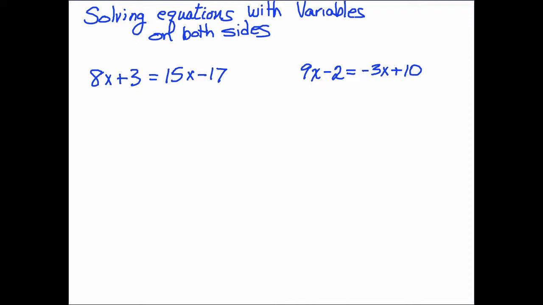Now we're going to look at what happens when you have an equation that's got a variable on both sides. So here's some examples. We'll take the first one: 8x plus 3 equals 15x minus 17. So there's an x on the left side, an x on the right side. It's in both sides. We cannot use the inverse operation of x to solve this, but what we can do is